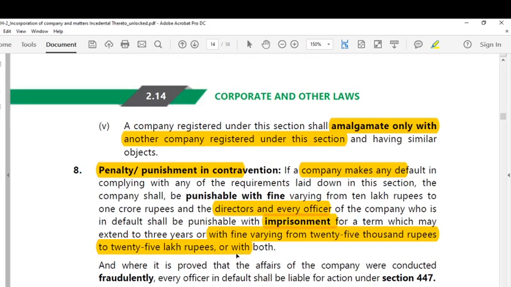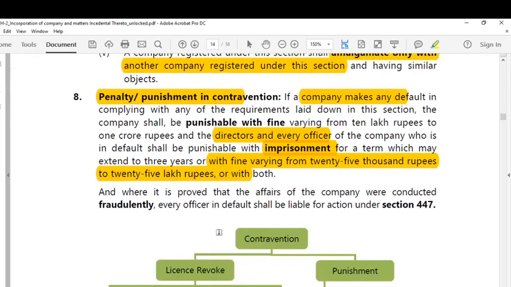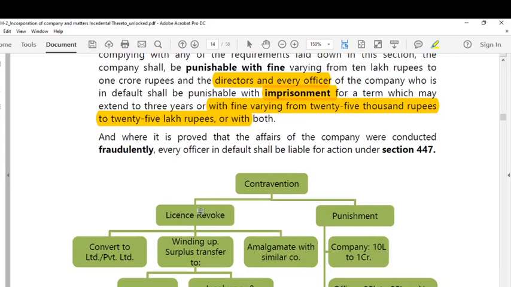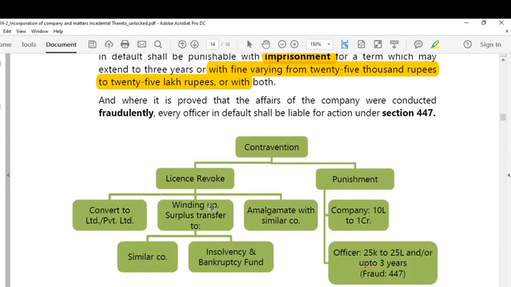The Act is very, very strong and stringent if there is any violation under Section 8 companies. So the directors and every officer can be imprisoned up to a period of 3 years, or they can be fined. The fine may vary from 25,000 rupees to 25 lakhs, or they may be imprisoned up to 3 years, or they may be asked to pay a fine even from 25,000 rupees to 25 lakh rupees as per the discretion of the court. So dear students, here you have to understand, in case of a contravention,